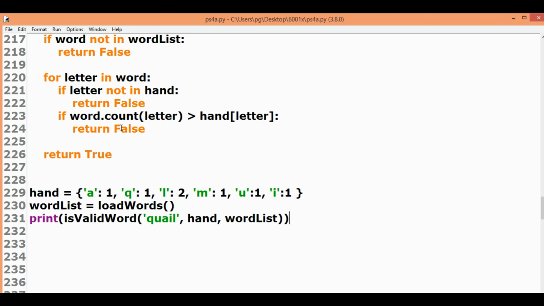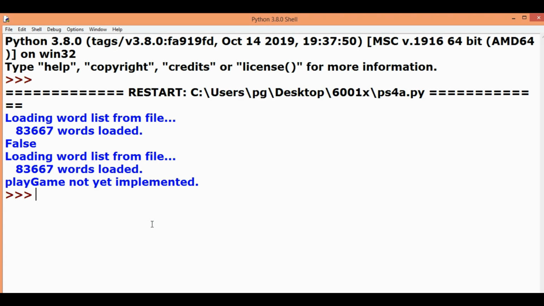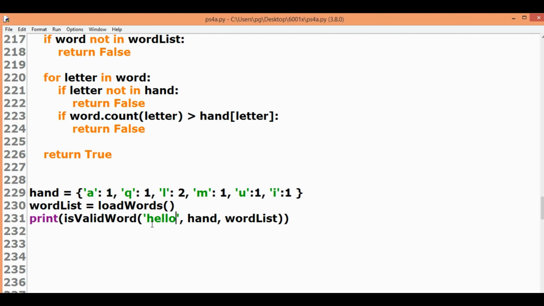Let's test this once more. This time we change the word to hello and run it. We get the output as false, which we know is correct.